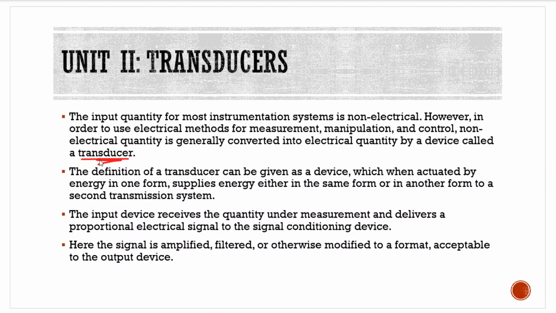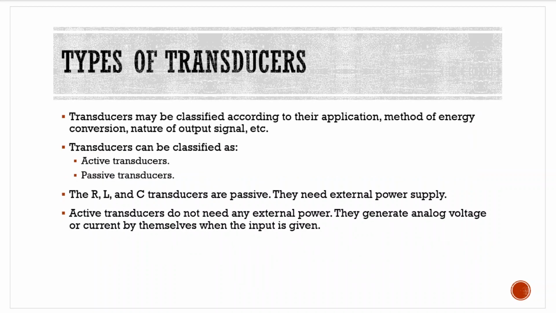And this is done because manipulating, controlling electrical signals is much easier than controlling any other form of energy source. Say, for example, if we are dealing with pneumatic energy or mechanical devices, so that's the reason why we go for conversion to electrical energy sources, because electrical signals offer advantage as compared to other form of energy. It's going to be a brief introduction to transducers today.